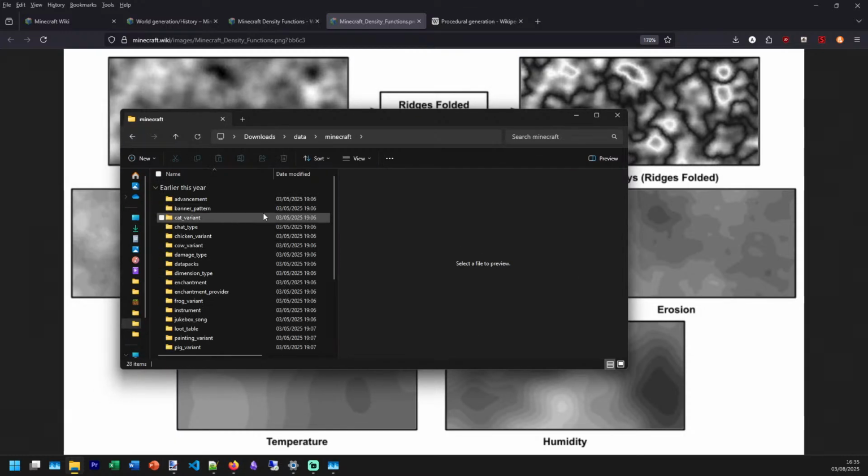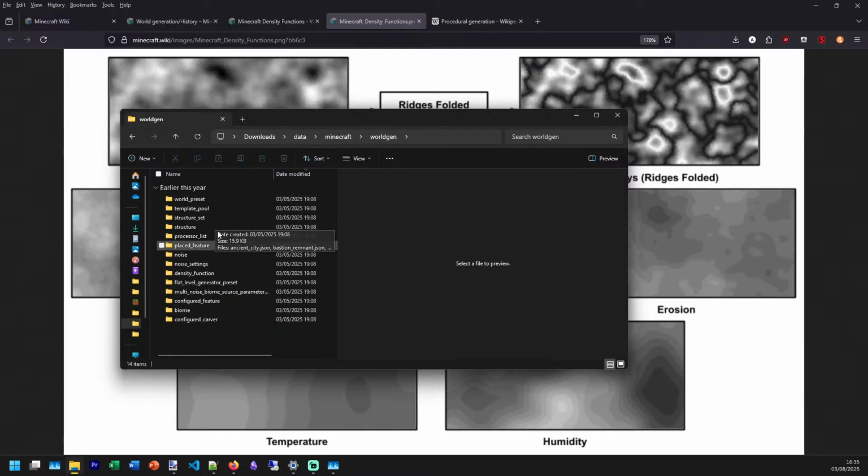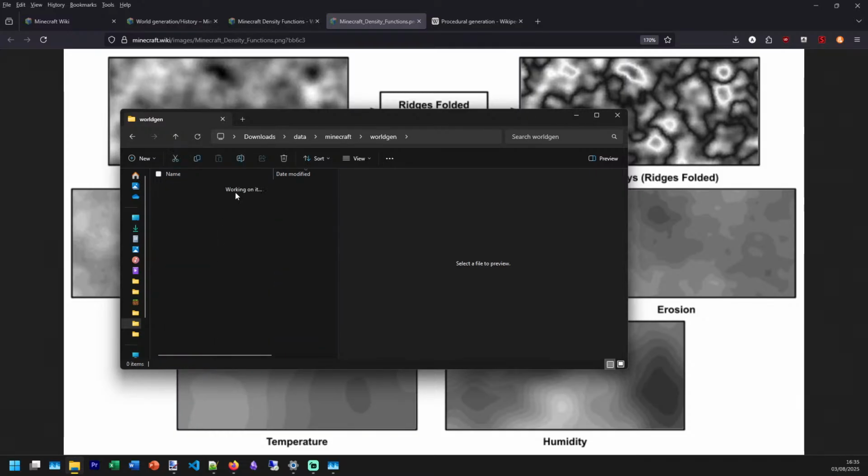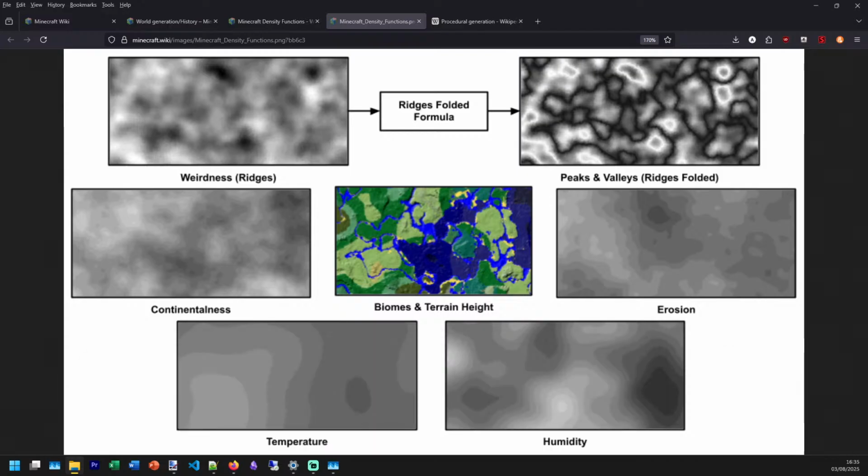See, in Minecraft, in world gen, in, damn it, noise. Let's just make sure that opens all right. We have, let's say, continentalness. Just close the others. Close multiple tabs. Close all but this. No. No. No.